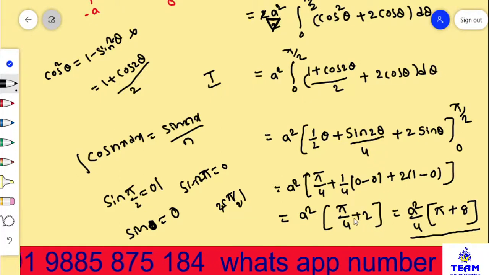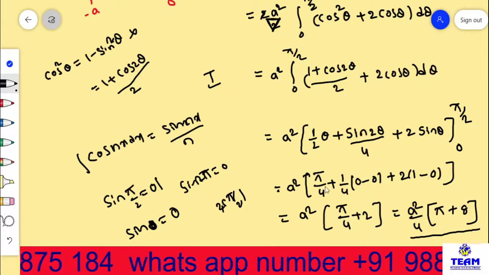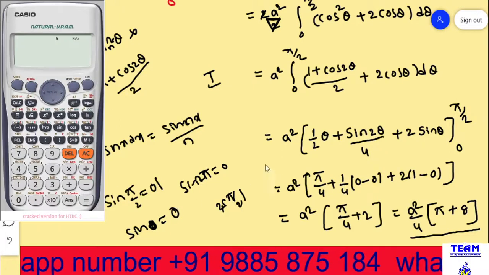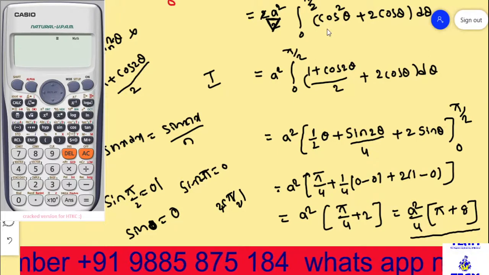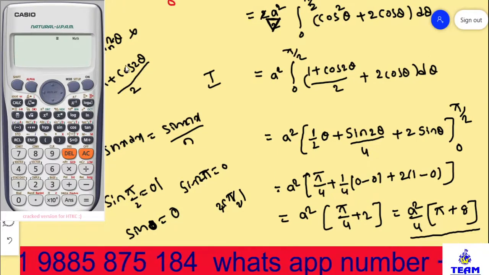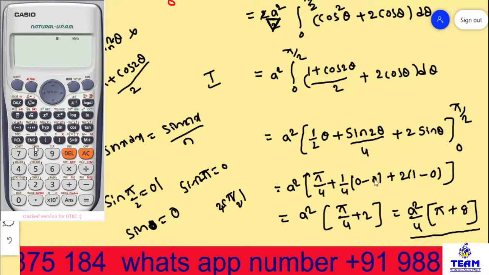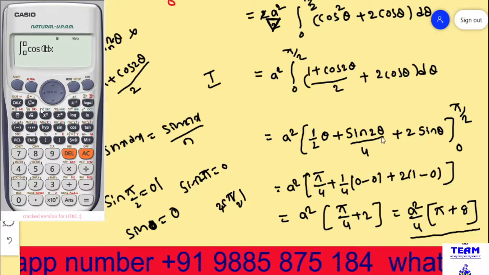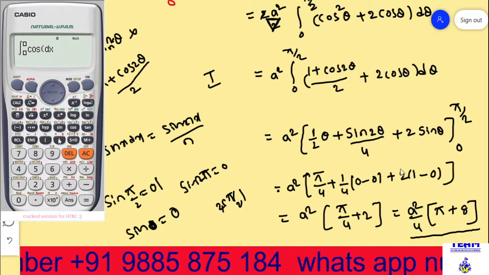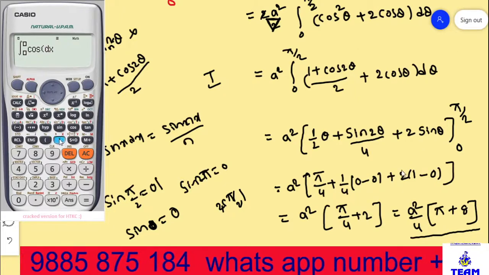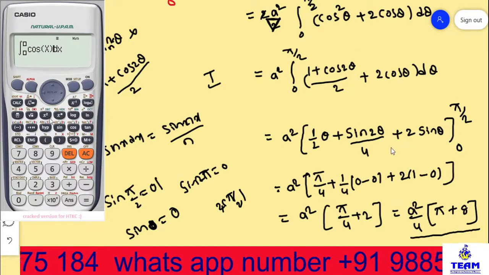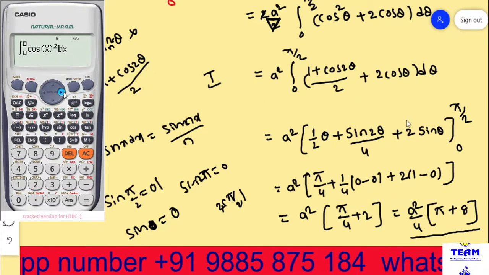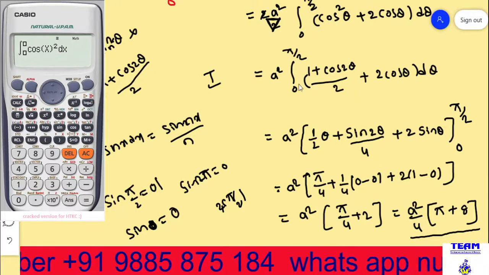Now I am solving this problem by using the calculator also. I told you already. So now I am using the calculator. Now what do you have in the integration here? Integral of cos square x is there. Now you see the integration symbol. I am doing it here. You see, integral of cos square. First write down x, friends, here you have the red color alpha x. Close the bracket. Now do the square. Cos square is nothing but you need to write like this. Clear? Next, what are the limits you have? 0 to pi by 2.